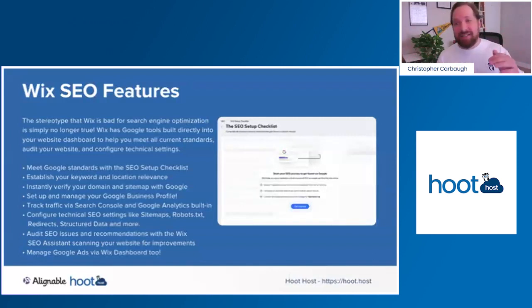So that setup checklist is a huge number one, just to make sure that all of the relevant information about your business is available to Google, and you're actually able to start to be crawled, ranked, and indexed from there. Some additional features: when you go into your website SEO, you go into the Wix SEO dashboard,